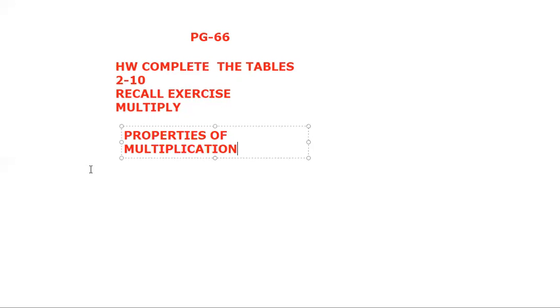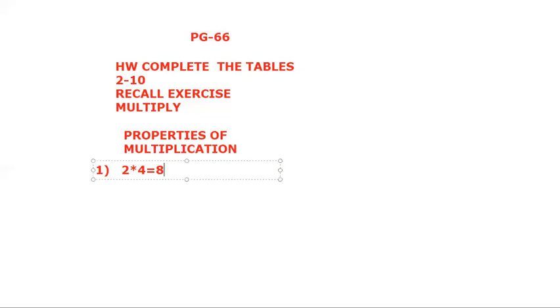Number 1. What's written in your book? See, when we multiply two numbers, the order in which we multiply them does not matter. The product remains the same. It's written in your book. Now I want to explain the order in which you want to multiply. Suppose you are multiplying 2 with 4. What will be the answer? Your answer will be 8.